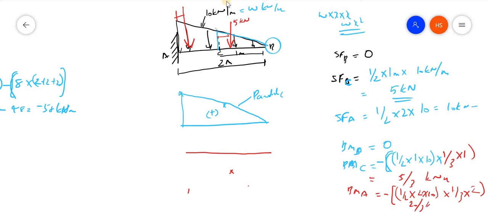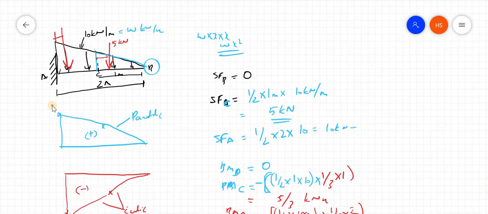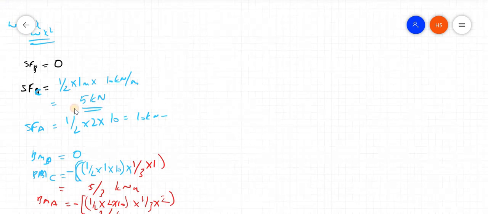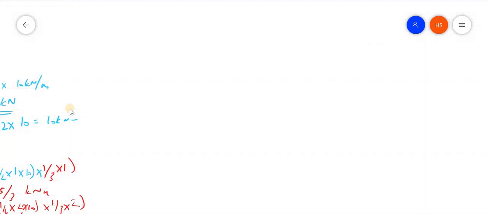Sorry, there will be a cubical variation. Okay, so that is a change when a UVL, uniformly varying load, is coming. So just summing up these things in a cantilever beam, when considering the loading,